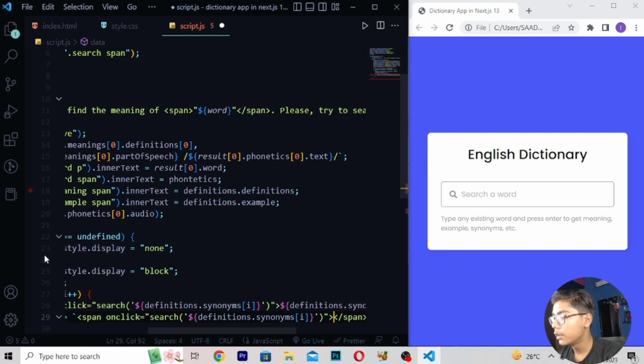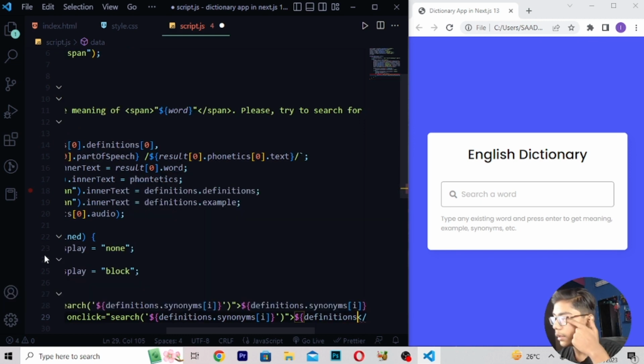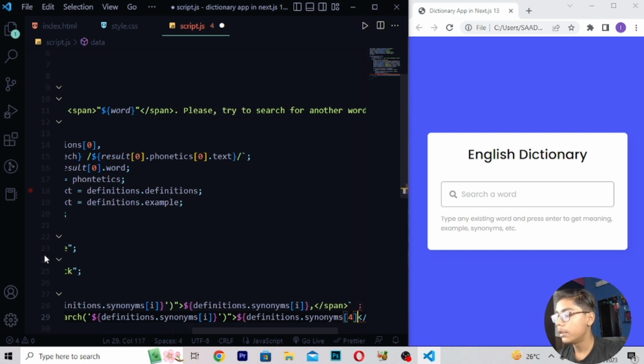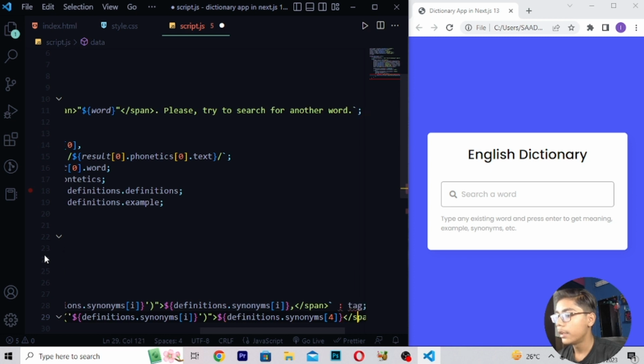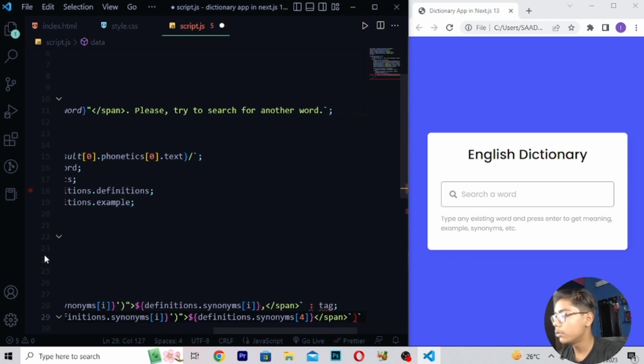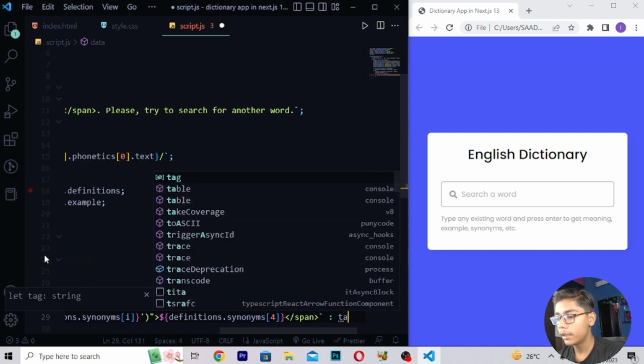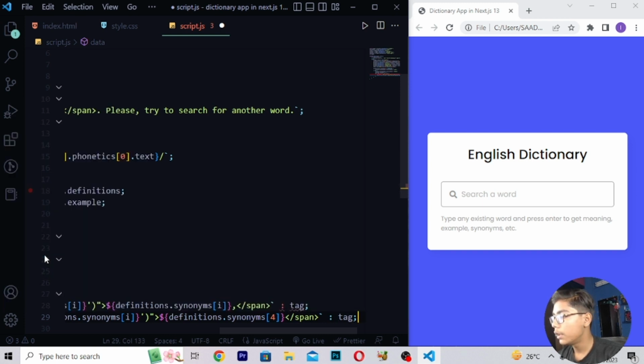So when you've written this thing, just here I will be moving and right here definitions, then right here dot synonymous, then here I will be writing like this tag, right here 4 here, then you have to close this by writing this tag, and when you just close this tag, here you have to now erase this thing, then here I will be just erasing this thing also, here you have to write this tag and write here tag again. Now you have to close this, and after closing here I will be moving at the top, then from here I will be erasing this and writing it here. So you can see we have just written these all things.